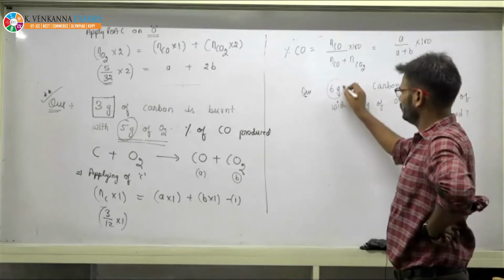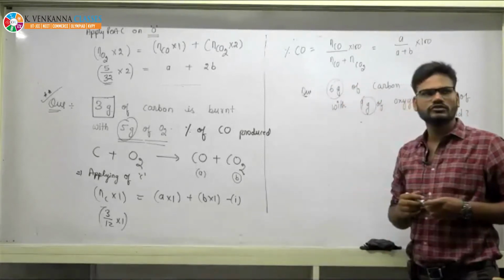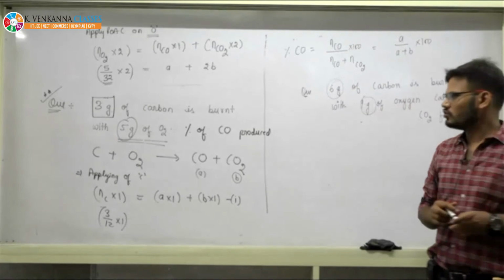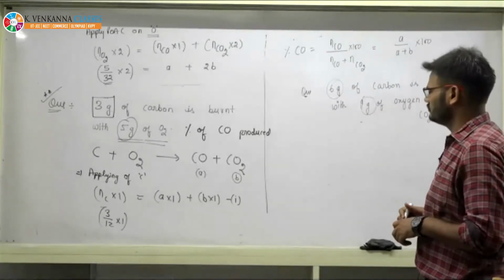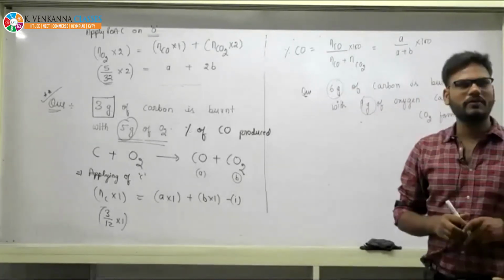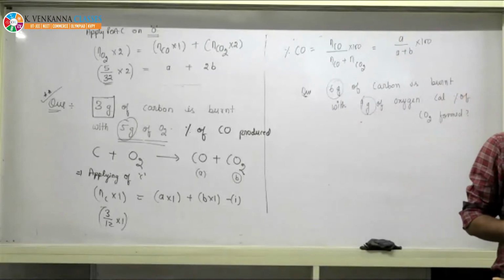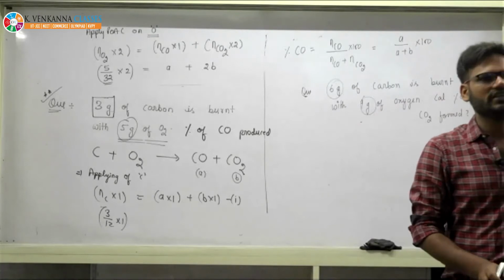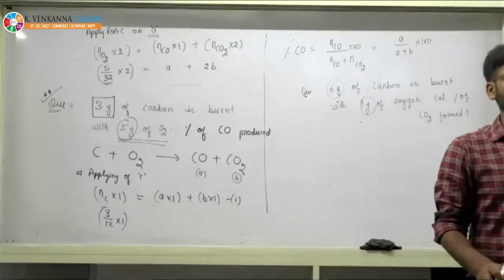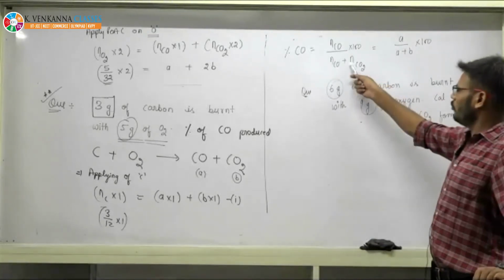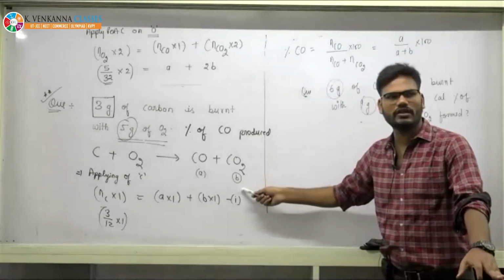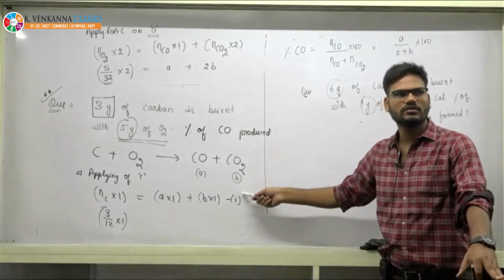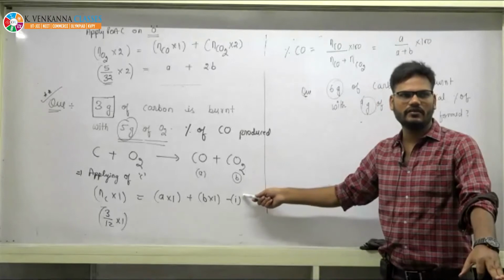ठीक है? This is your A plus 2B नहीं बेटा. Why are you taking A plus 2B? Percentage, how do you calculate percentage beta? You calculate percentage upon the moles of CO2, it is B na beta. I have assumed it B. Deepak, I have taken it as B.